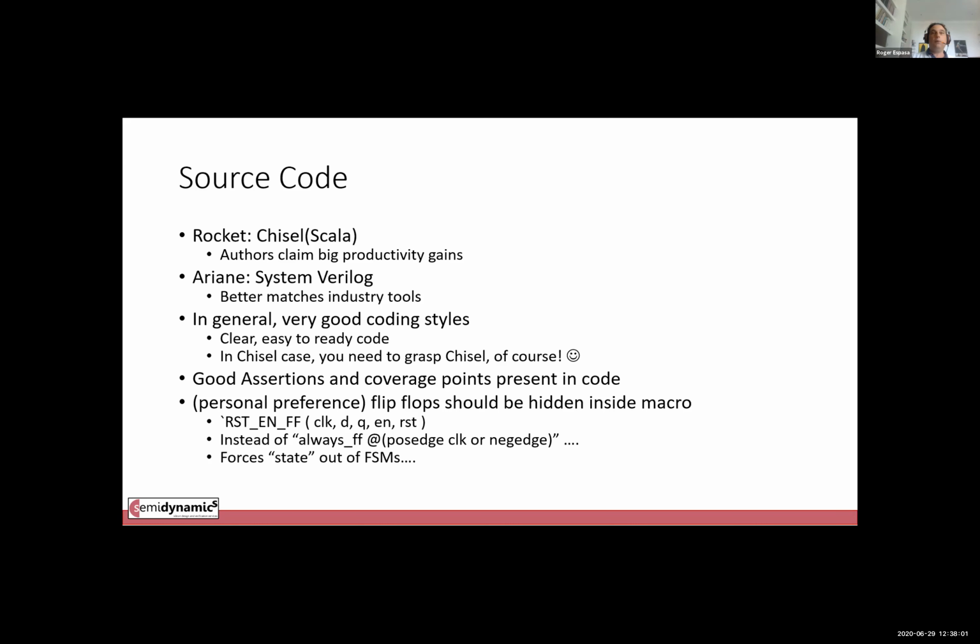Obviously, you don't have to follow this advice, but if I had to pick one coding thing I would change from these open source codes, it would be to make it very explicit where the flip-flops are located. That helps the backend, helps the front end, helps everybody work on that.